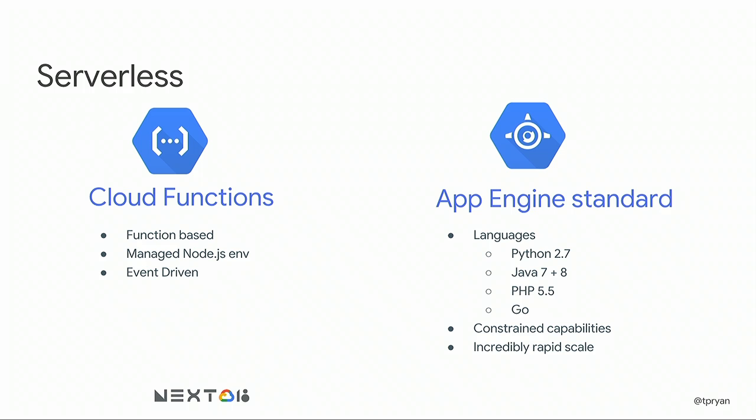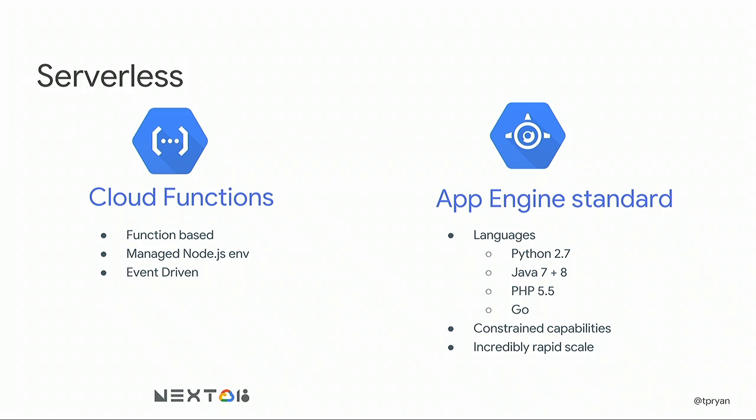Now, if you need more than just one function, right, you need to chain a whole bunch of environment stuff together and create a full application, well, App Engine Standard is probably the way to go there, right? We have a number of runtimes for App Engine Standard, which we announced today that we are releasing some new ones in the near future, which is really exciting. But basically, you have to write in these languages in order to use App Engine Standard. And there's some restrictions, like if your